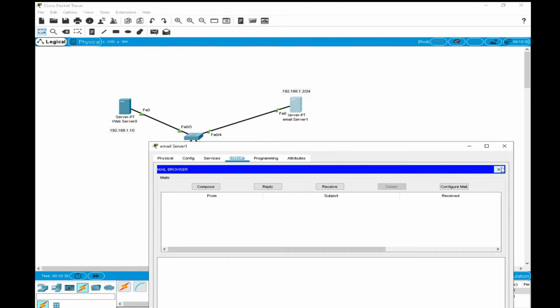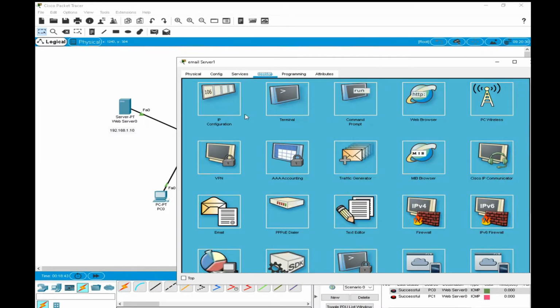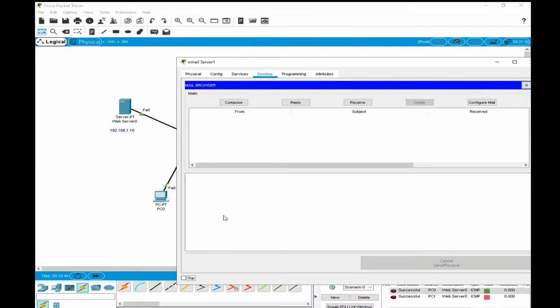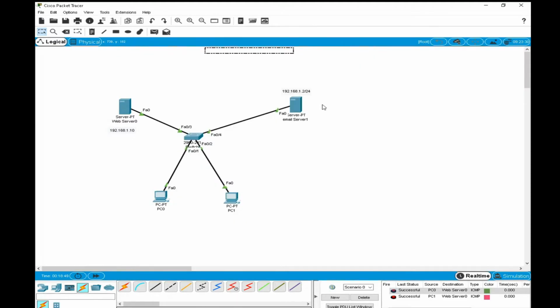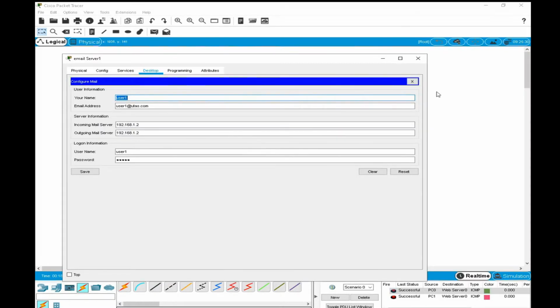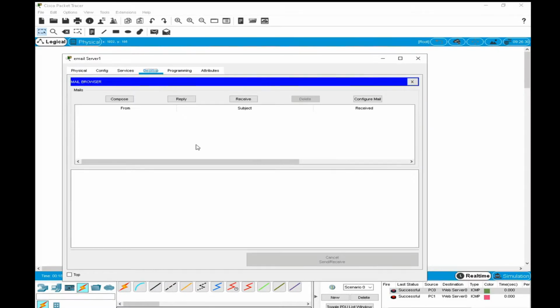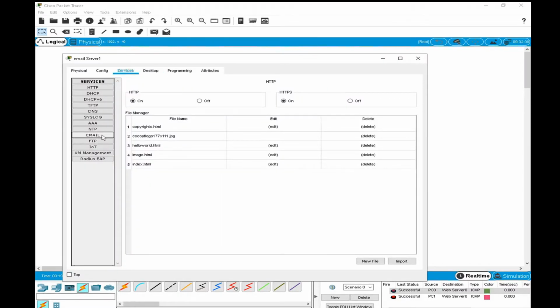Okay. Now we need to configure user 2. Okay, so we need to configure, 1 minute, listen, this is not the mail server. Leave it. Okay, see here, now you don't need to click it here. This is your email server. Please now go to the services, and here first you need to go to this one.